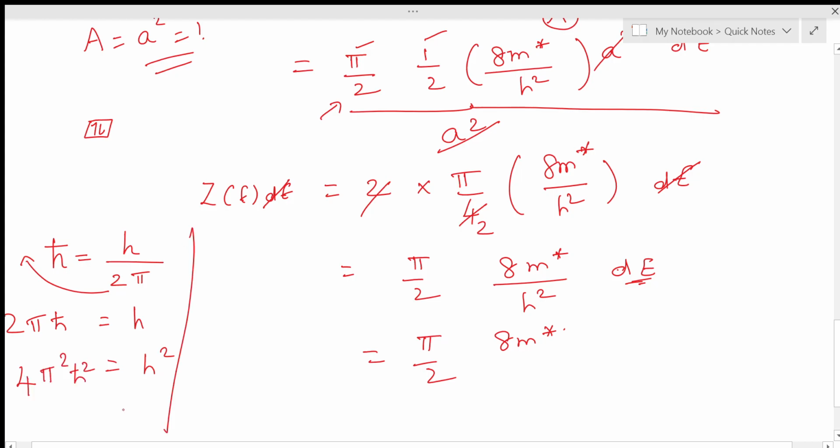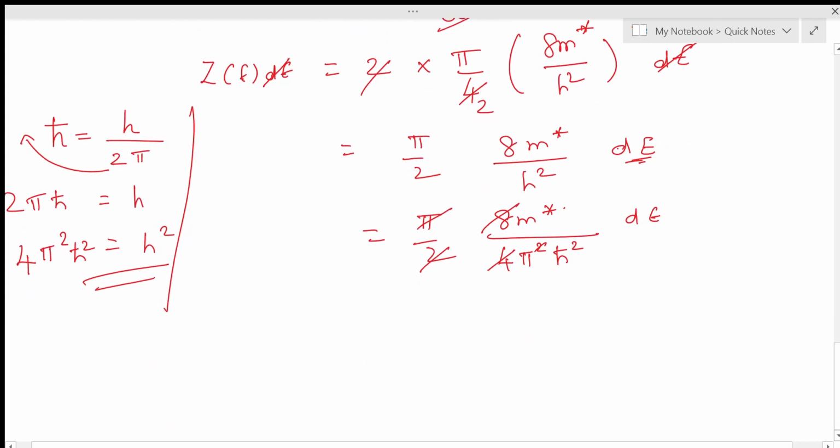Now, substituting h square as 4 pi square h cross square, we get 4 into 2, 8 and 8, and pi gets cancelled off. We get m star divided by pi h cross square, and this dE, the energy interval,